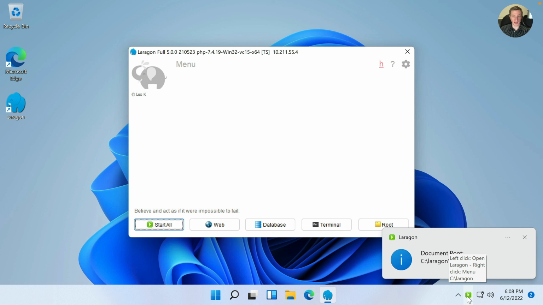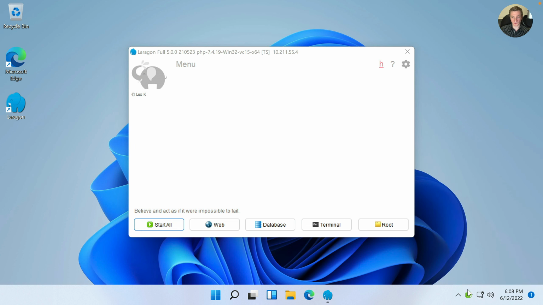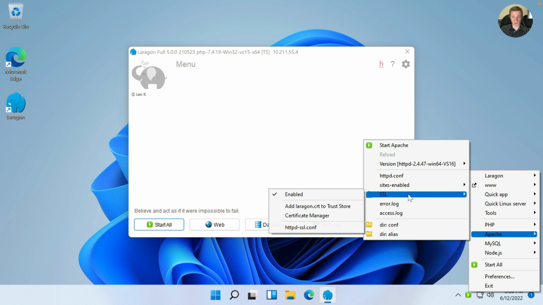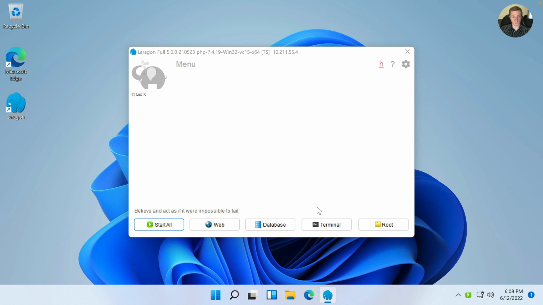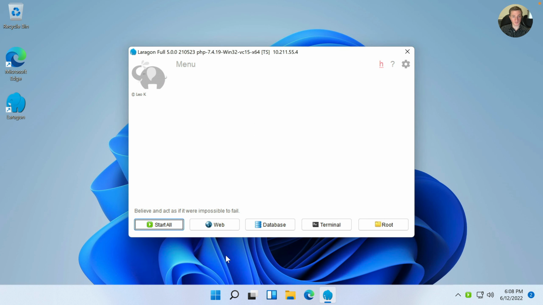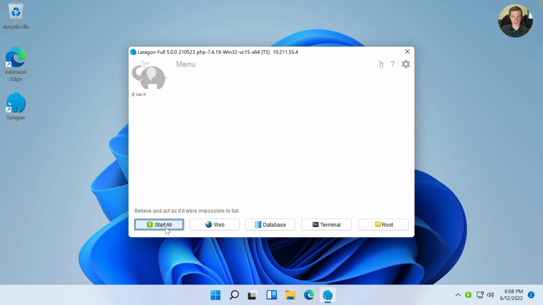Once we do that, we also should right click on the Laragon icon down here, go into Apache, under SSL, and add the Laragon CRT to the trust store. We do this so that we don't have any errors when we're running SSL. We want to run a website with HTTPS, which is basically a requirement these days. And that's done. So if we fire this guy up now,